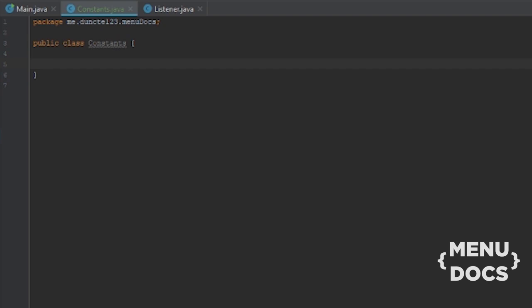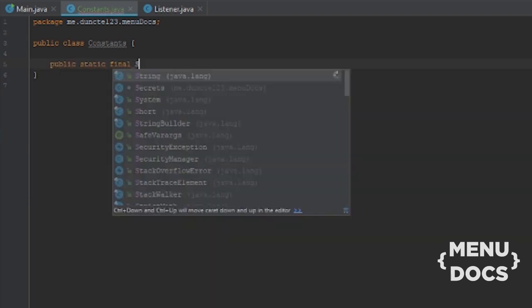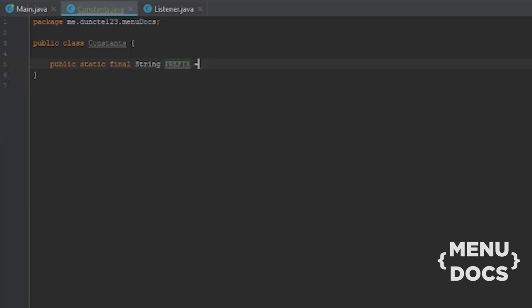I can't type public today. Public static final String PREFIX, and I'm gonna set this to J exclamation mark, just so it won't collide with too many other bots. And we're gonna set the owner of the bot, and that has to be a